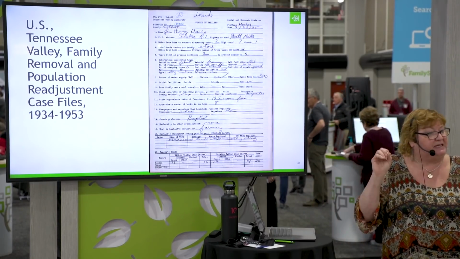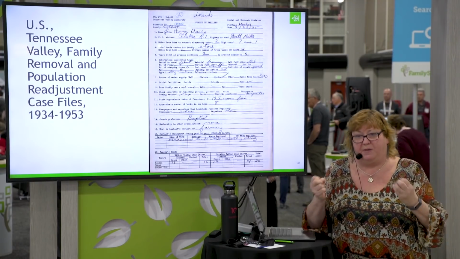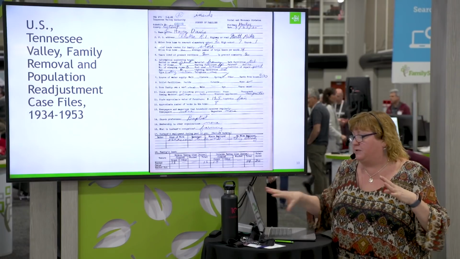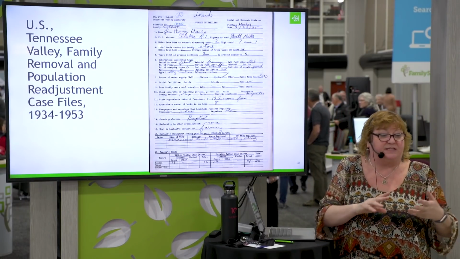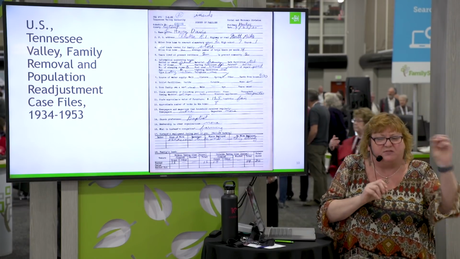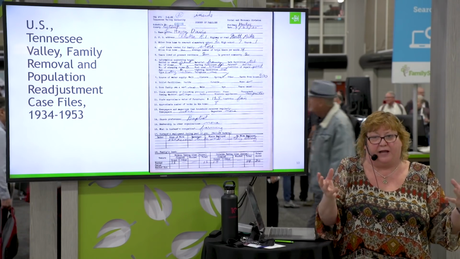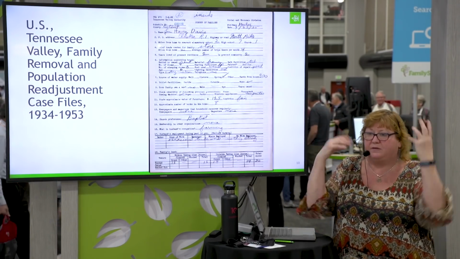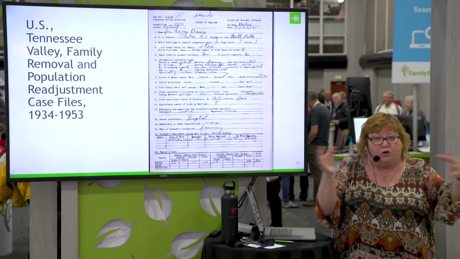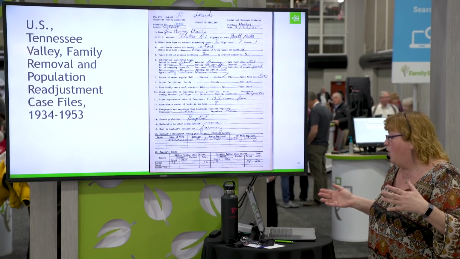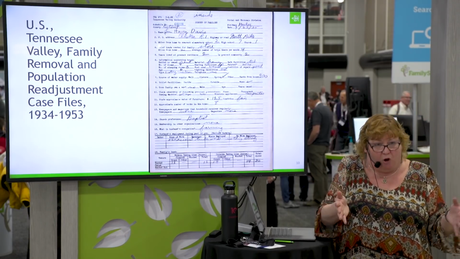This is a really niche collection, but it's an example of how rich records can be. The Tennessee Valley Authority impacted states around Tennessee, not just Tennessee, Mississippi, parts of Georgia. There were a lot of states that were impacted when they started the Tennessee Valley Authority. They were building hydroelectric dams and doing all these improvements, and a lot of people were displaced. Whole communities were flooded. So they took these surveys of the people that they may have had to relocate, and